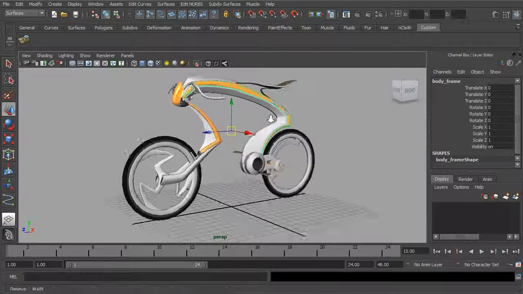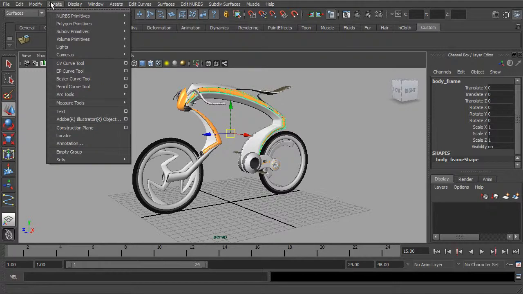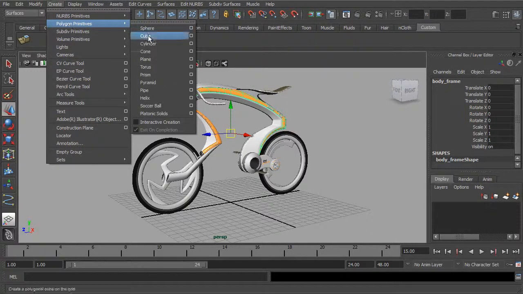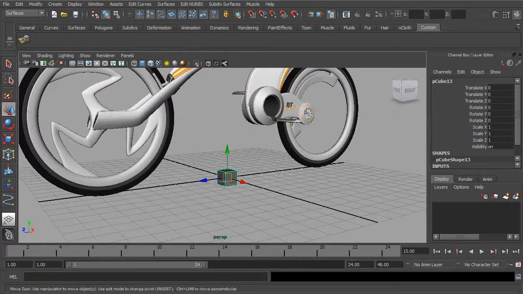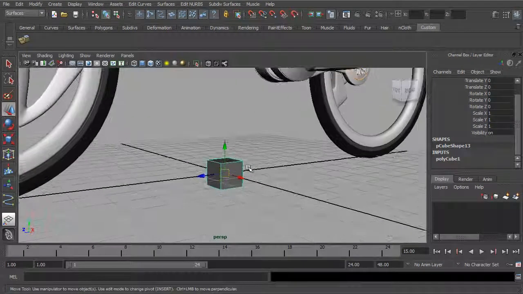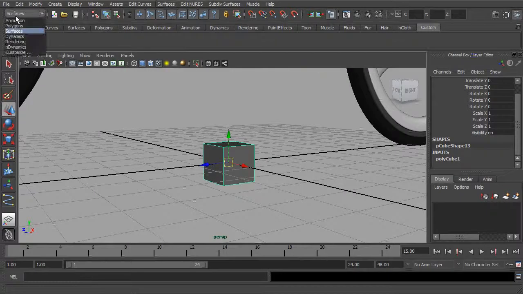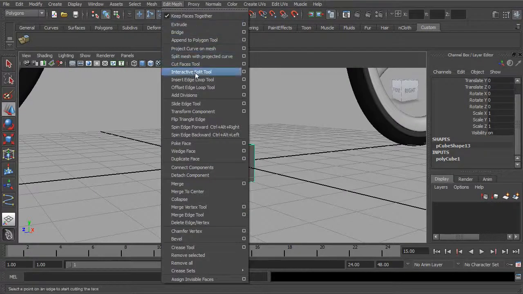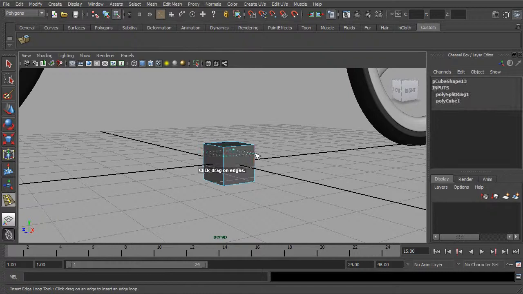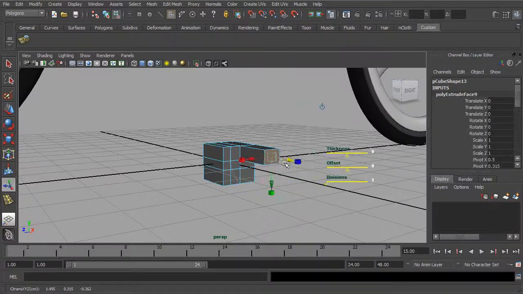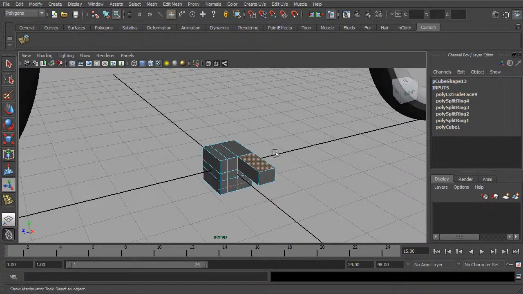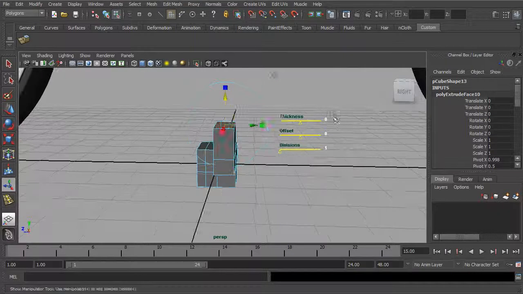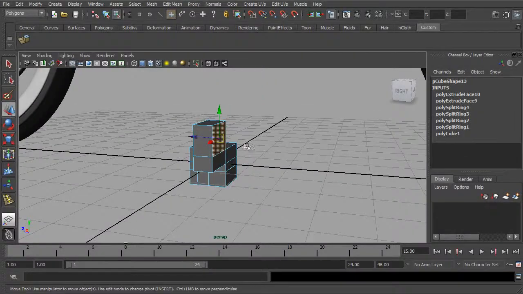So when we start to do any sort of modeling, for instance, if we were to come in here and get a cube, okay, keep our eye on this inputs area over here, and we'll go ahead and start to just do some quick modeling. And so I'm just going to, as an example, start to insert some edge loops here. Let's go ahead and grab a face, start to extrude that out, and we'll grab this face, do the same thing. And so as we start to build up,